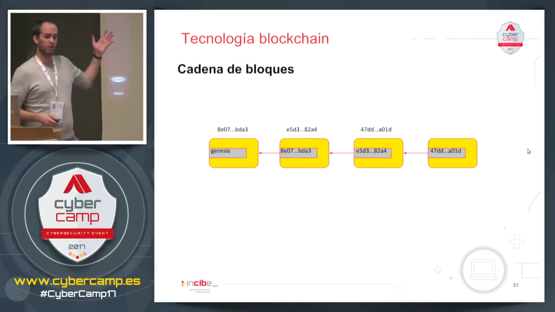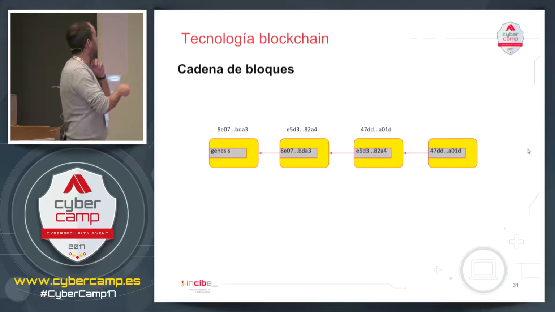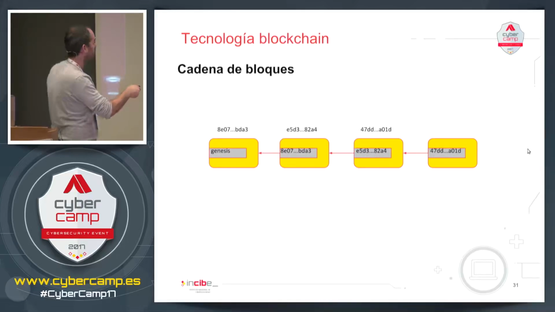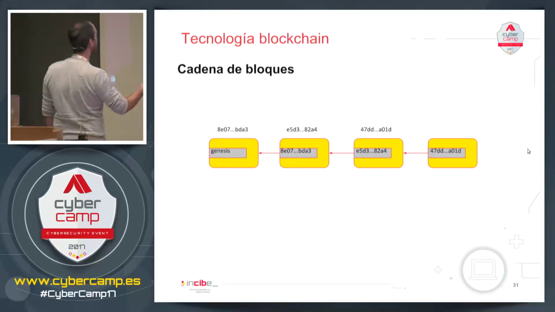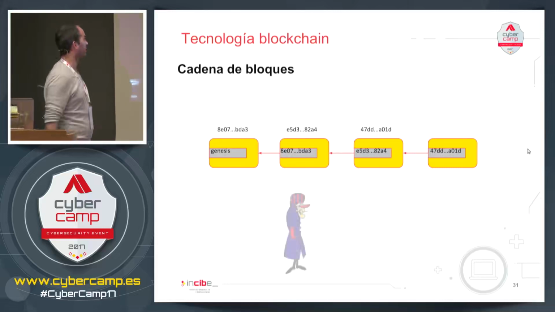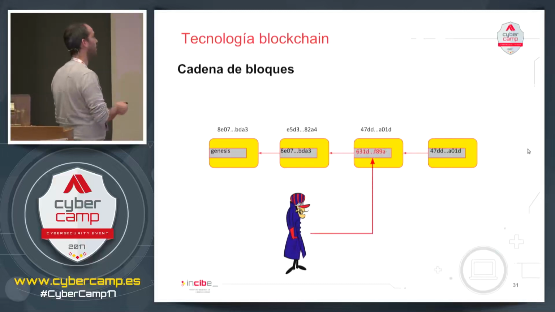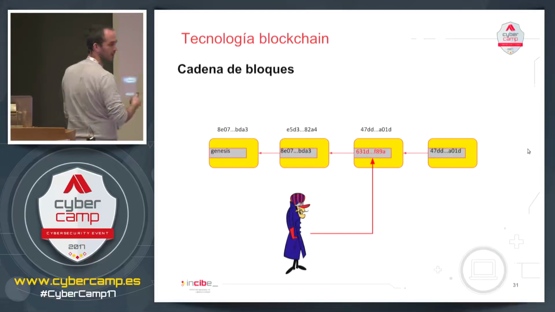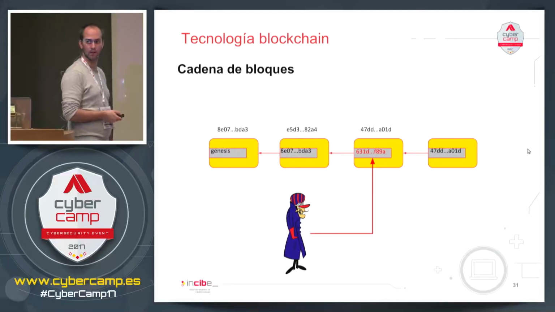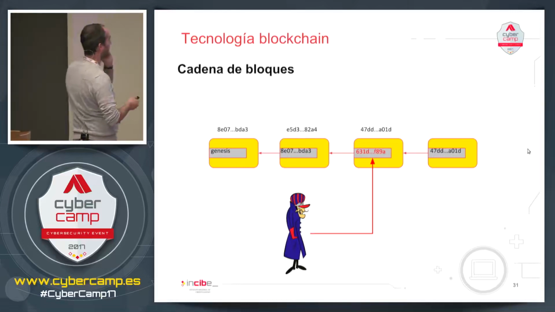Here we've got our blockchain. This block Genesis, block 1, block 2, block 3. Block Genesis has the following hash, 8007, which is written in the hash pointer of block 2, which is E5D3, 82A4, which can coincide. So let's imagine that somebody comes along and wants to change the history before this block. For whatever reason, they want to go into an account with 100,000 bitcoins in its balance.